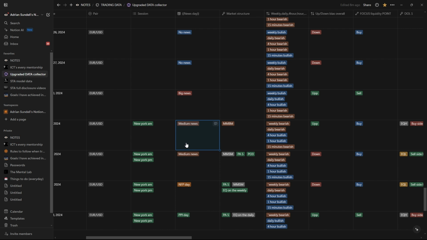Then, however, for the latest non-farm payroll news, of course, you can still have a bias of where you think the news will go, just because bias is bias, right? However, bias cannot hurt you as a trader. Bias is just there to give you an indication of the focus liquidity and the focus points you're going to focus on, and then you execute on that. The execution is what's important.